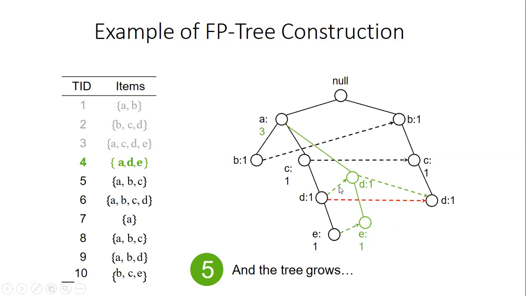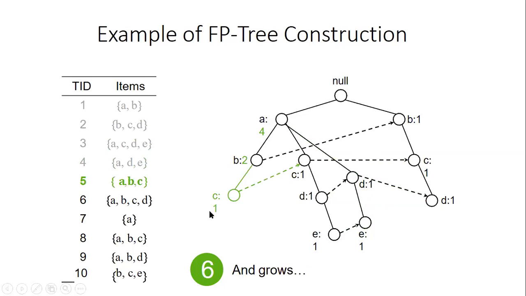Then we use the singly linked list. That's why it is in this direction. So D1, and here also there is a D, so like this we link. And E here is there, we link like this. So D count is 3, E count is 2. C count overall is 2, A count is 3, B count is 2. So that is the entire thing, but branch wise we will show only that particular transaction number. Hope you are understanding. Like this the tree grows.